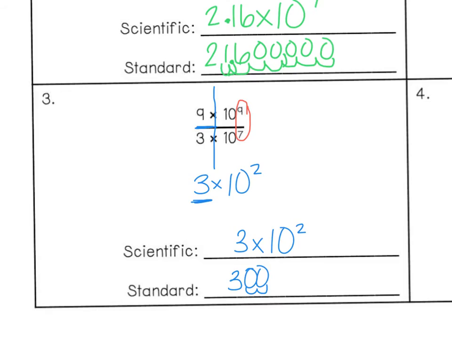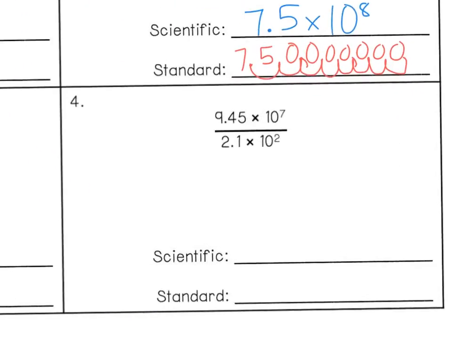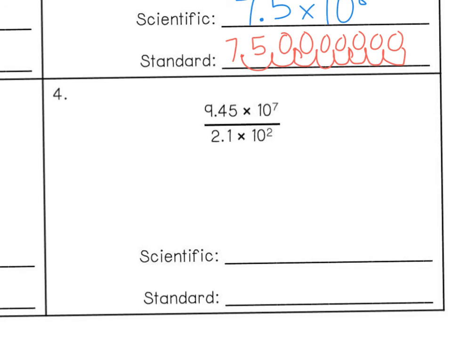All right, next example. 9.45 times 10 to the 7th power divided by 2.1 times 10 to the 2nd power. So I'm going to again just draw a line so I know that it's two separate division problems. You have 9.45 divided by 2.1. So I'm going to plug that into my calculator. 9.45 divided by 2.1, I get 4.5